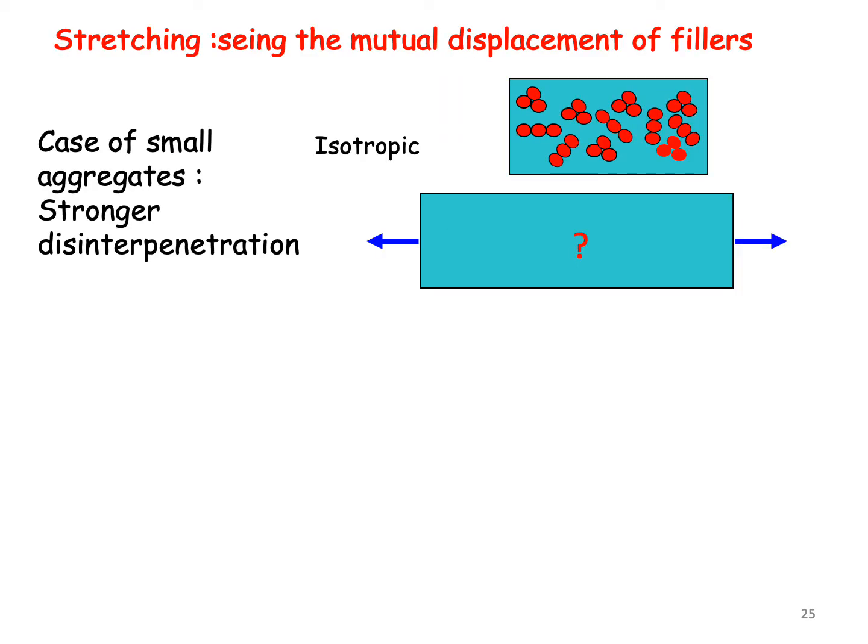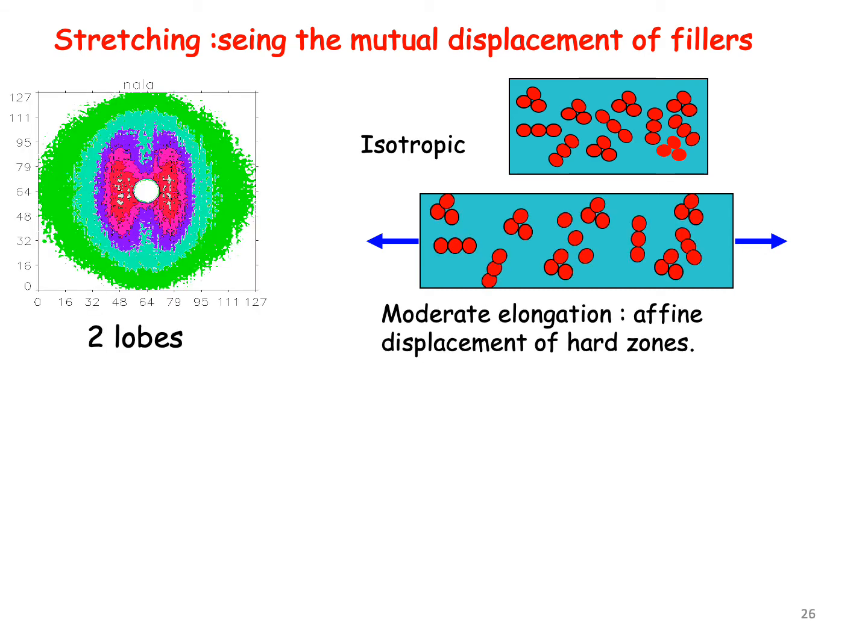So there should be some effect even if the nanoparticles are separated. But if they are now aggregated, there should be a stronger disinterpenetration effect, because you would have some kind of heterogeneities of the same kind as the ones which we saw disinterpenetrated in some polymer network. Indeed, this is what you see here. You see a very beautiful butterfly with two lobes, which is obtained when you have a moderate deformation of this